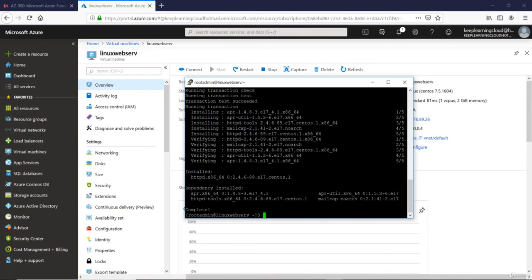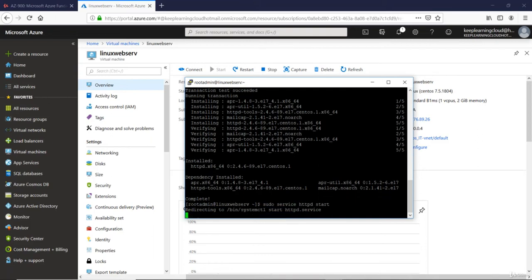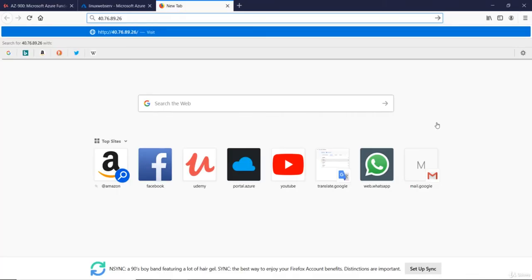Okay, let's start the service for the Linux machine, which will be sudo service httpd start. Done, service is started. Now I'll go to the browser and just copy and paste the public IP here. Let's see what happens. Now it's not gonna work. It's still waiting and waiting, and it will time out because we haven't opened port number 80 on the security